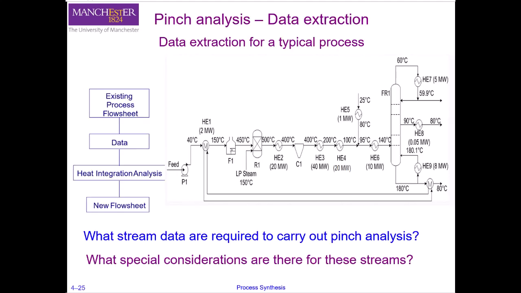So as I said, for a process we now need to identify what the hot streams and cold streams are, and what the relevant temperatures are that we need to extract from this process. So we start from an existing process, and then we extract data, and then we perform heat integration analysis, and then we can compare the heat integration between different designs, and based on that we develop a new process